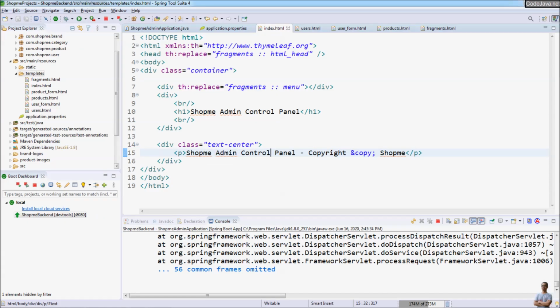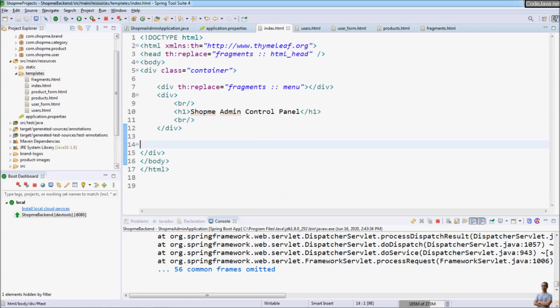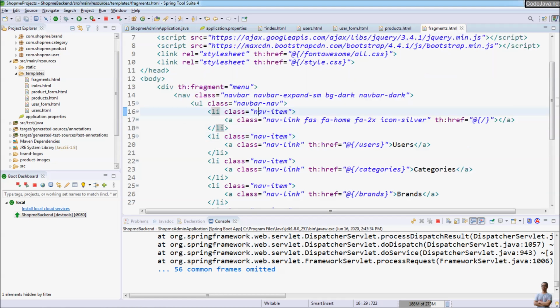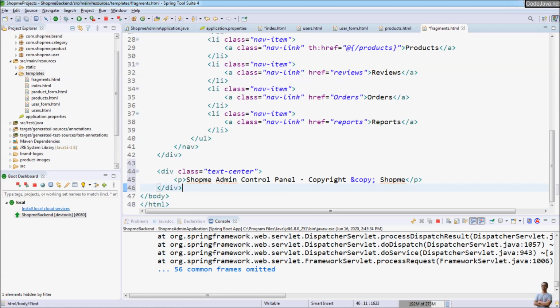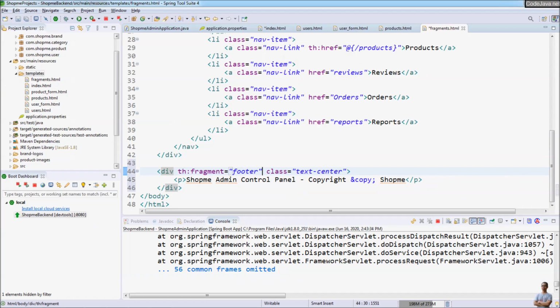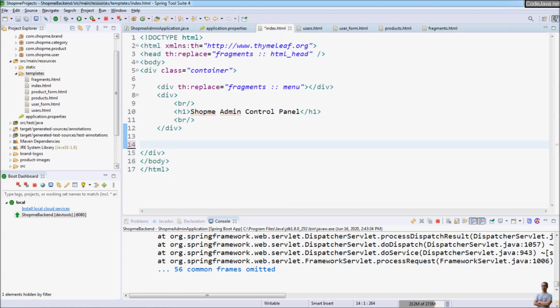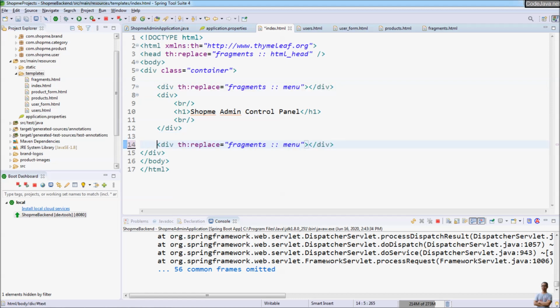So we move this code to the fragments file here, and we name this as th:fragment equal footer. And then we use that fragment for the footer at the end of the page here, and we change the